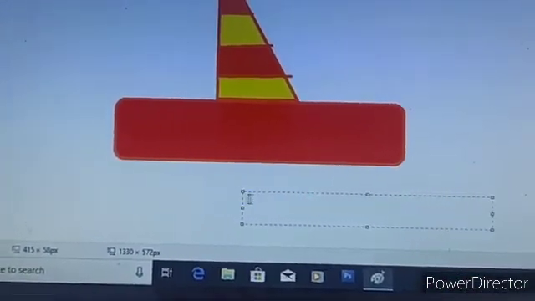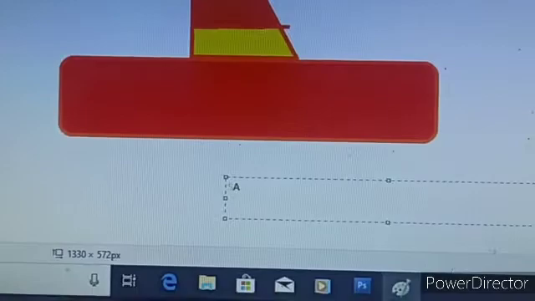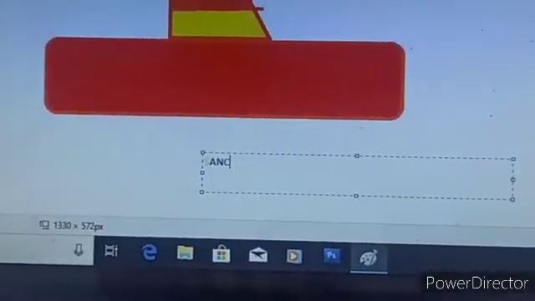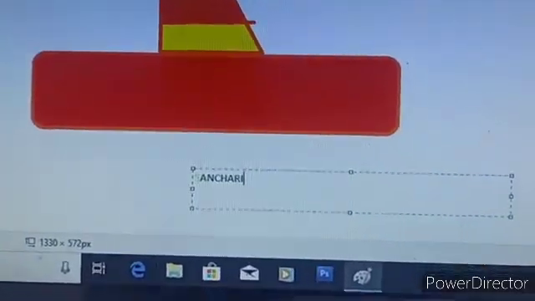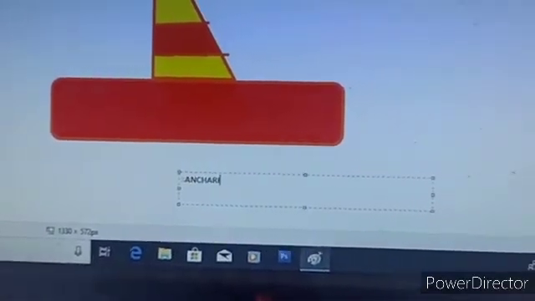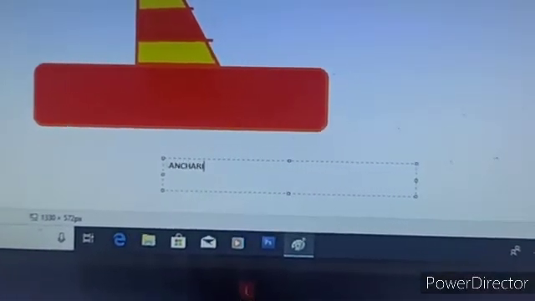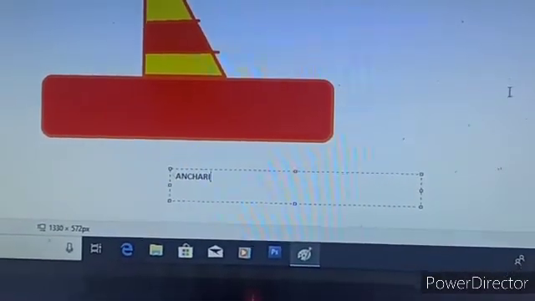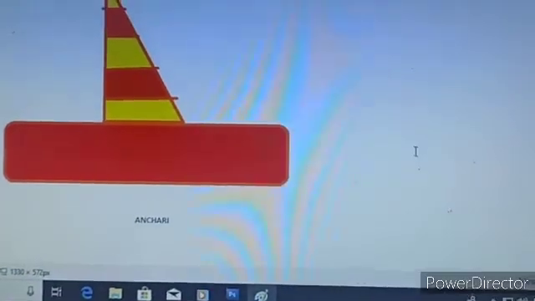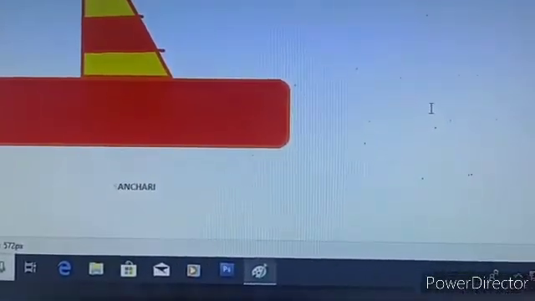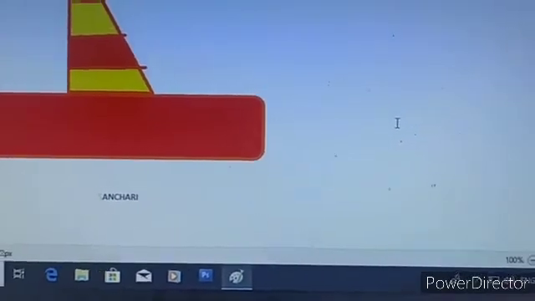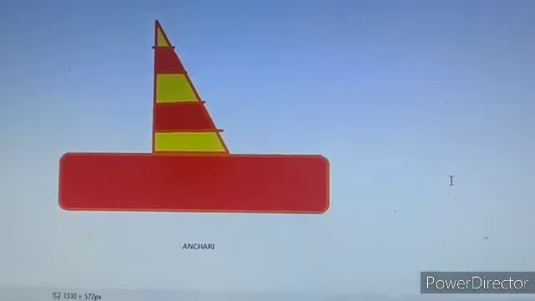Now start to write. In this manner, you can type text through your keyboard, and when everything is done, just click your left mouse button outside of that area. So that text has been fixed and saved to that location.